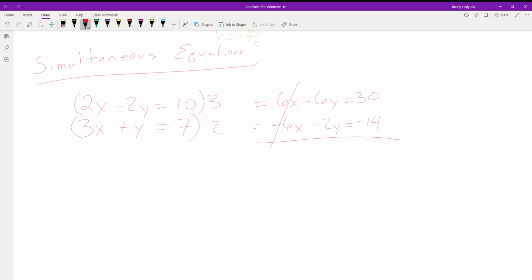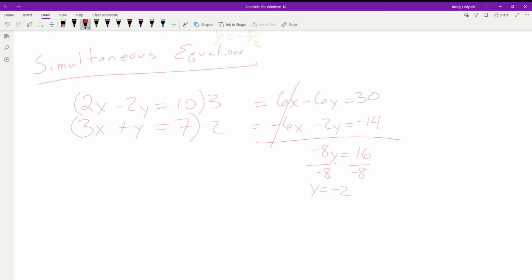So those guys are going to cancel. We have a negative 6y minus a 2y gives us negative 8y is equal to 16. And then at this point, we just solve for y. Divide both sides by negative 8. Y is equal to